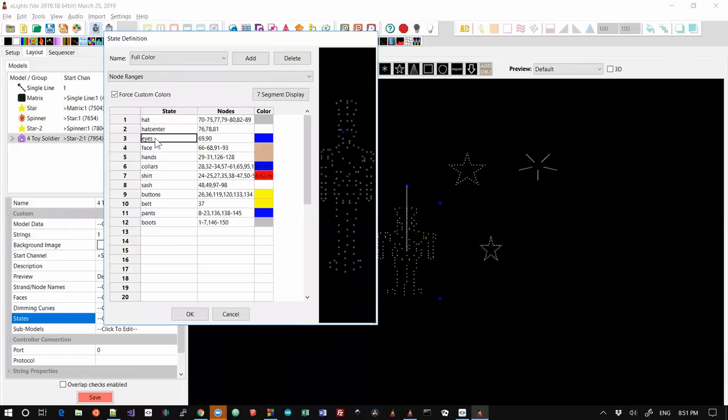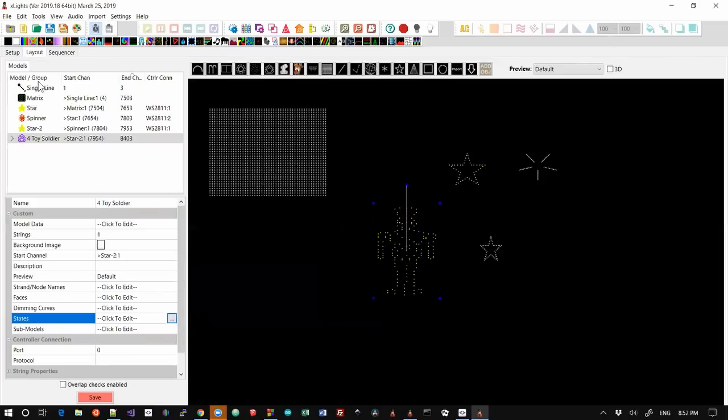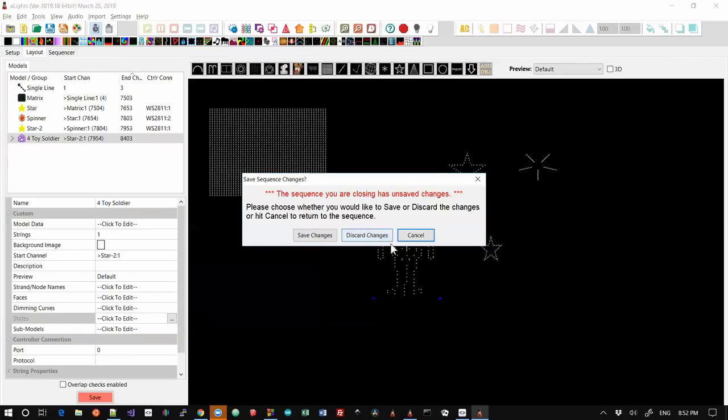And basically what it lets you do is it lets you go through and associate with certain pixels inside this custom model a color. So the shirt's going to be red, the sash is going to be white, the buttons are going to be yellow, the pants are going to be blue, and so forth. And then the power of this is, when it comes time to go and sequence this model,